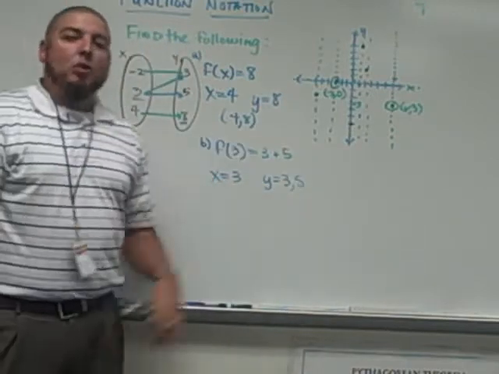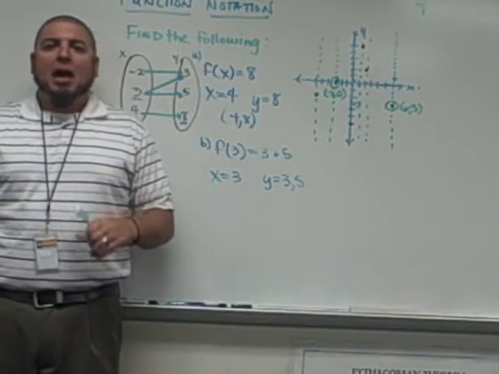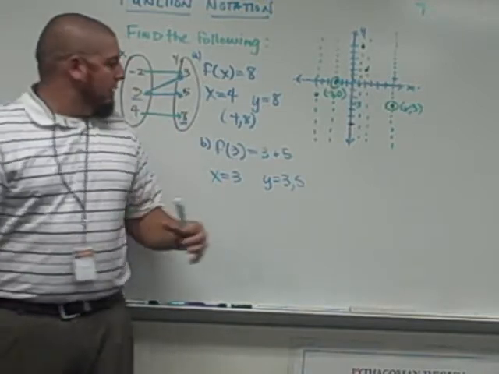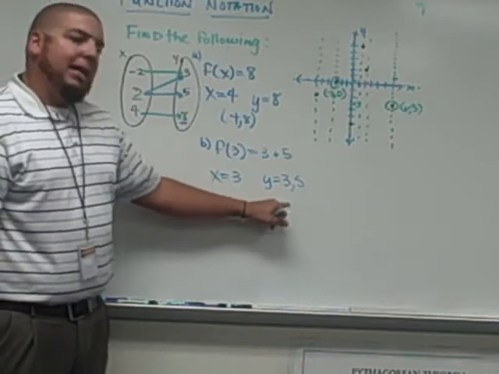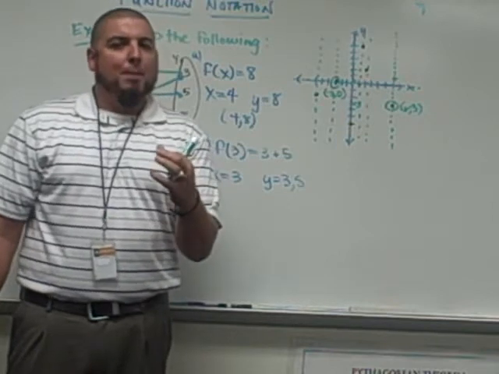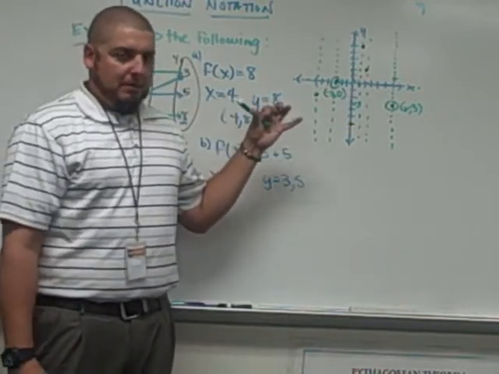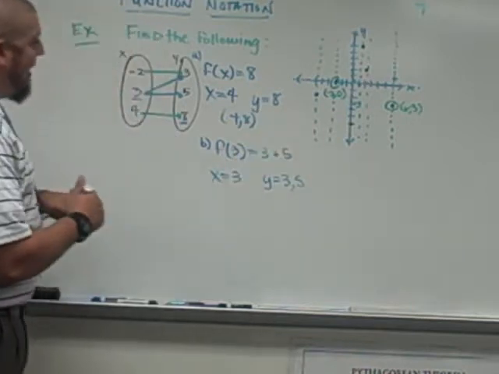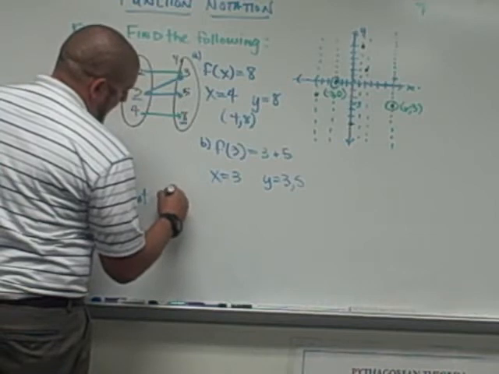I actually have two answers for that one. That should raise a red flag to you. I have two y values for this x, because this says when x is 3, I have a y of 3 and 5. What does that tell you about this particular function or not function? That's right. I now know that this is not a function